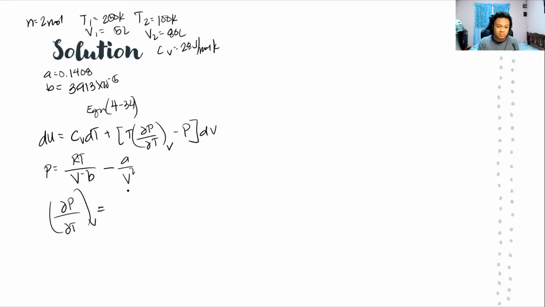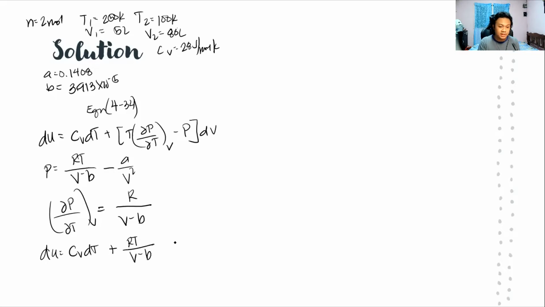It's actually simple. Only R remains over V minus b, and then this term has no T, right? So treat it as a constant, and it will be reduced to 0. So what happens now if you substitute this term here and this P here, this is what will happen. Okay, so dU is equal to Cv dT plus RT